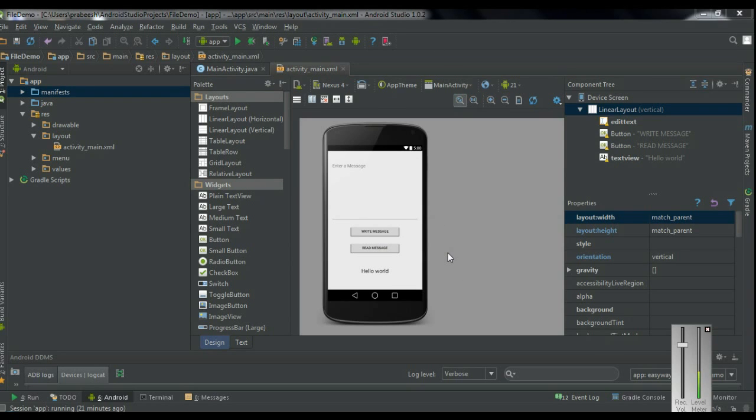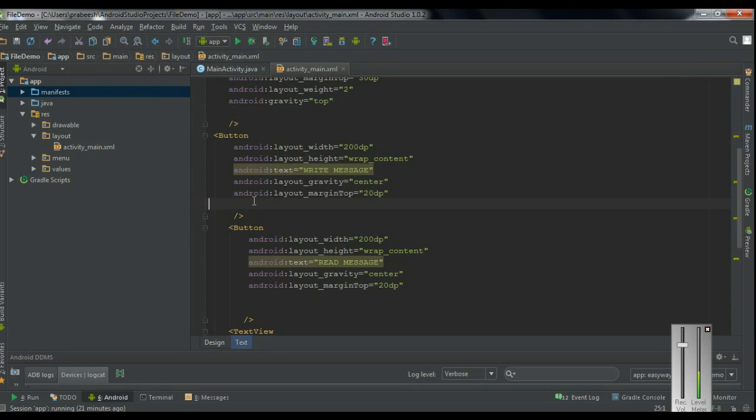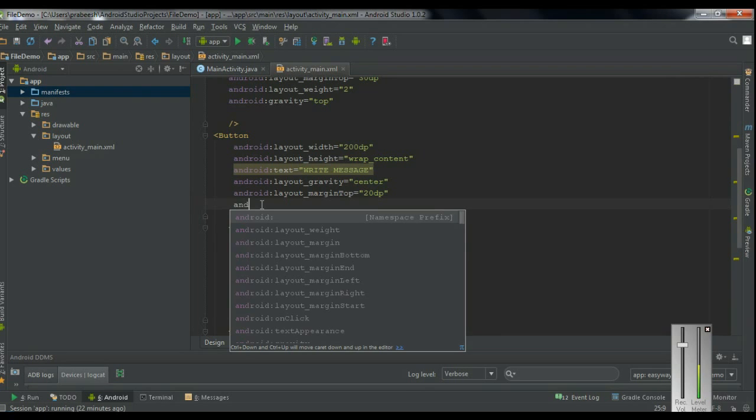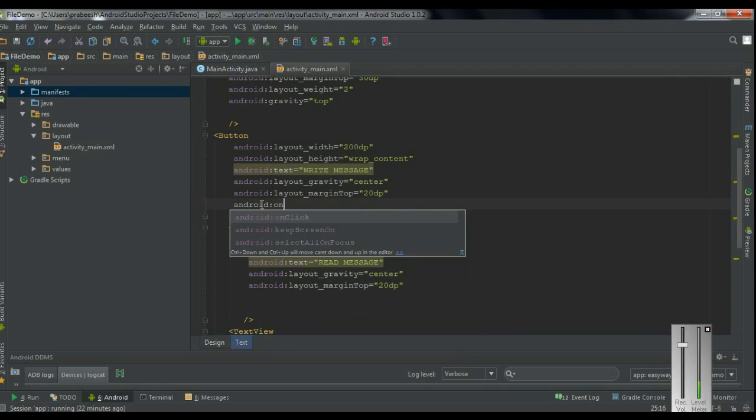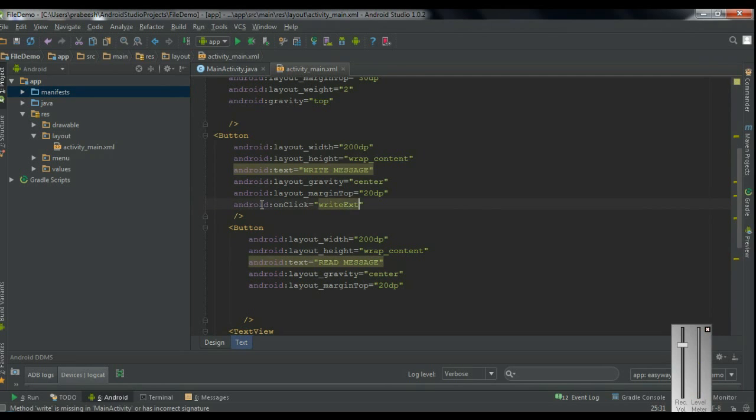So now we have to add some onClick methods for the buttons. So go to the XML version. This is the write button. Here I am going to add an onClick method. So android:onClick, I name the method as writeExternalStorage,